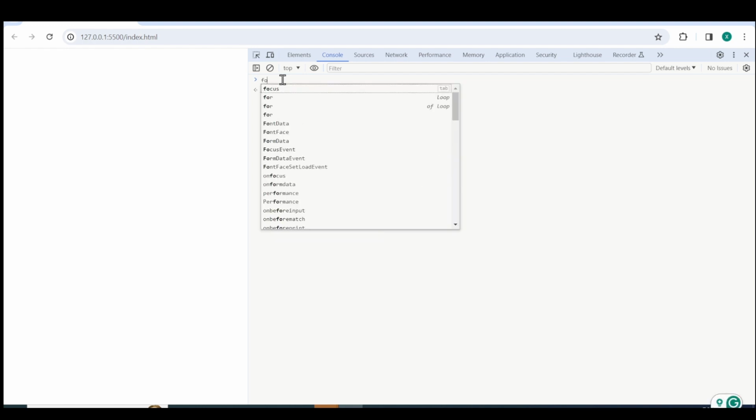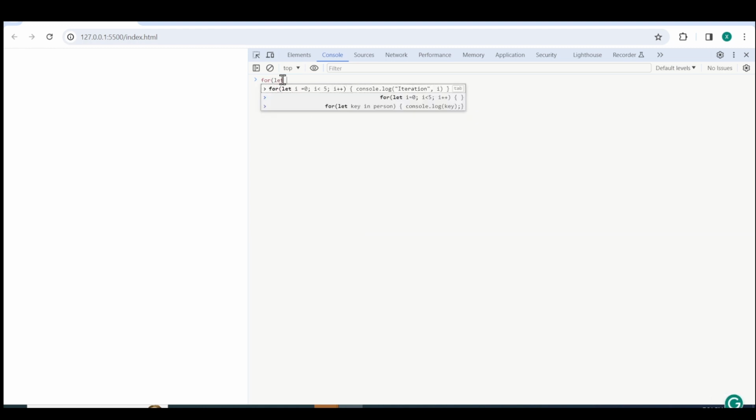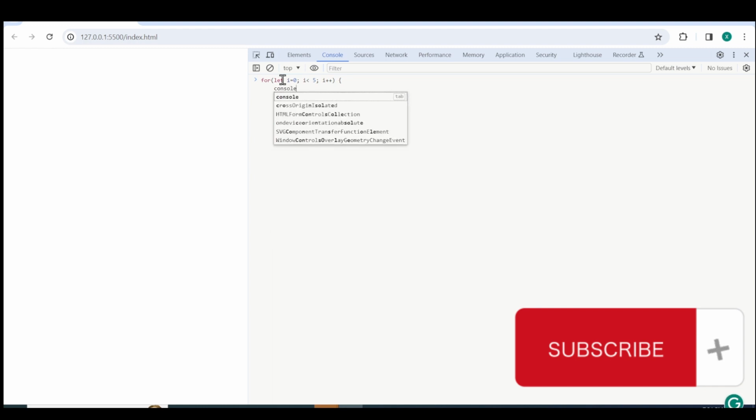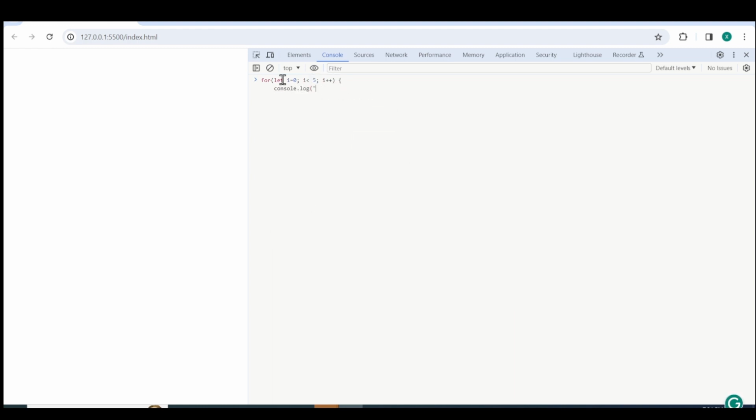for (let i = 0; i < 5; i++) { console.log("Iteration", i); }